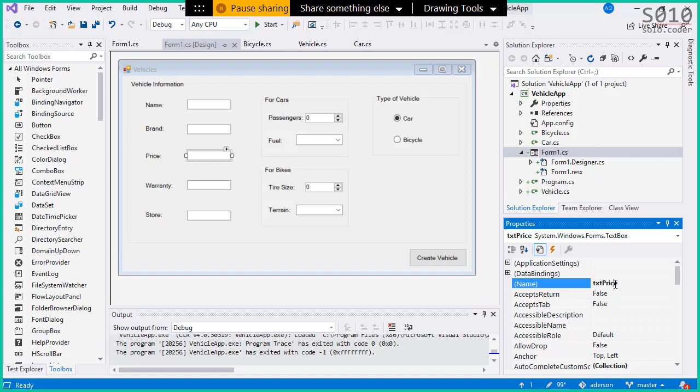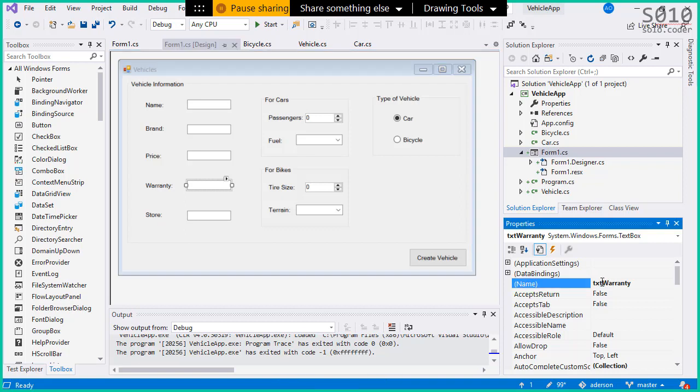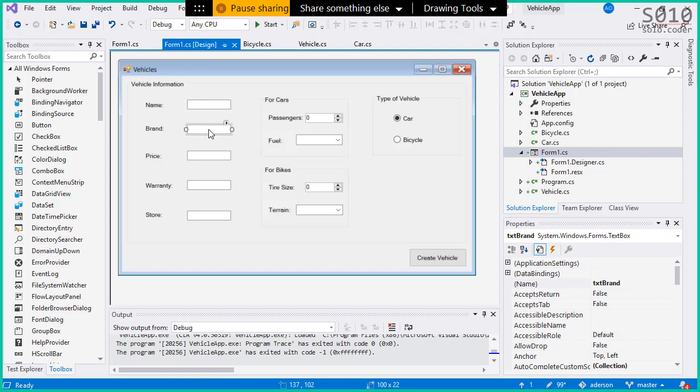Again, I'm not sure if it solved your question. The question was, is the text box of name linked with its form design? So what I understood from the question is how do we name the control? So again, follow the standard, use a prefix, and then give it a name that is relevant to the information that it will be storing. Again, if you have any follow-up, let me know. Okay,